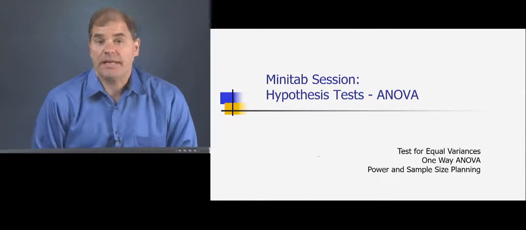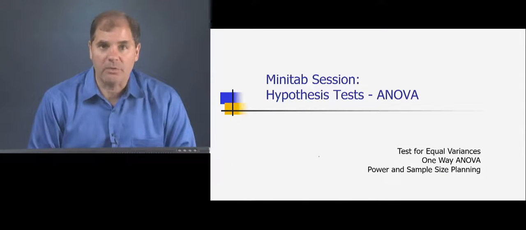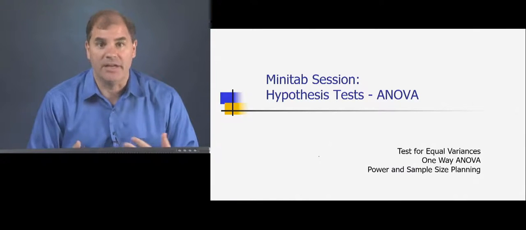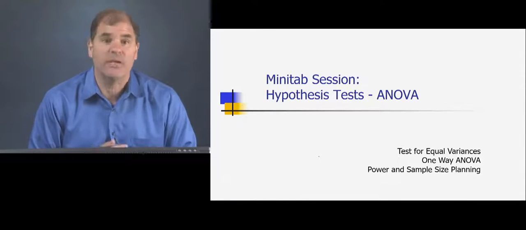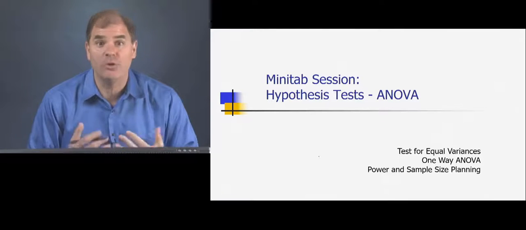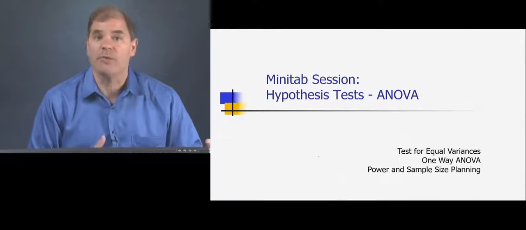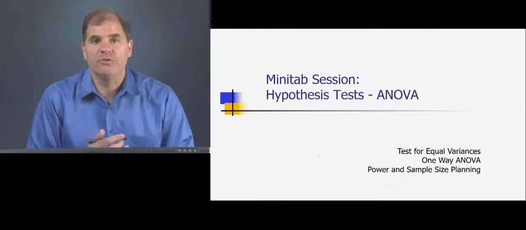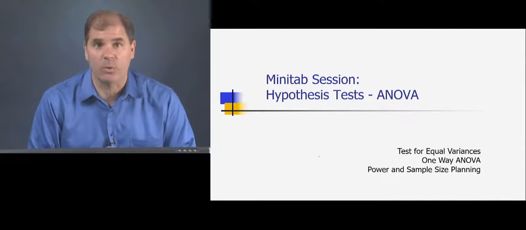Welcome back. In this next Minitab tutorial, we're going to talk about the tools that we use when we have the case of an ANOVA problem. In addition to that, we'll talk about the case of testing for equal variances. So if we have two or more groups and we want to run a test for equal variances, we'll walk through that tool. And then we'll use the tool to do the analysis of variance to test for the